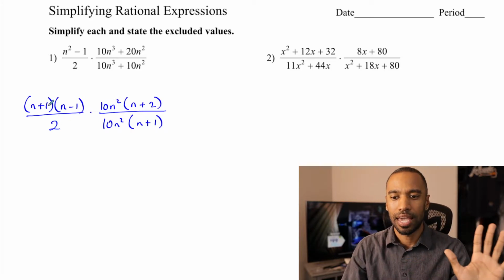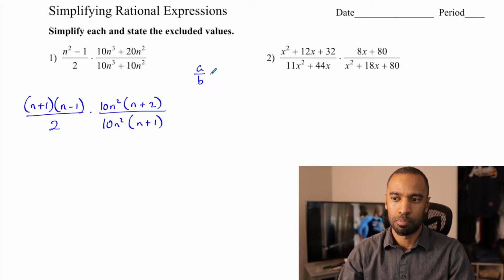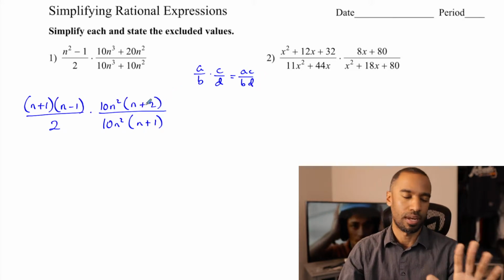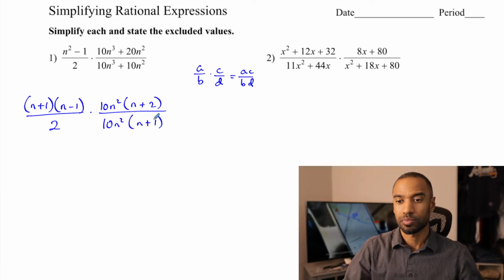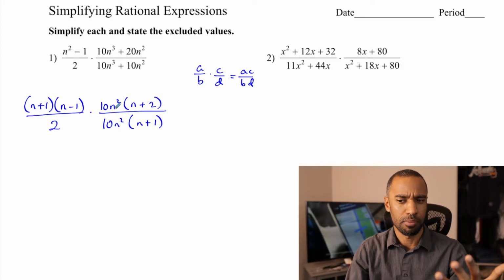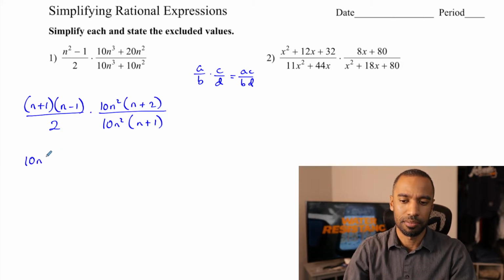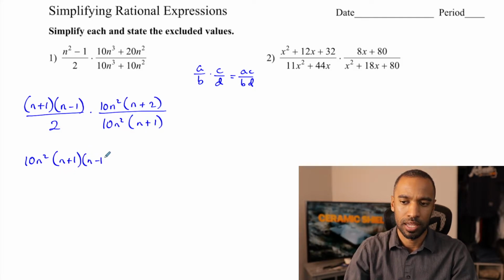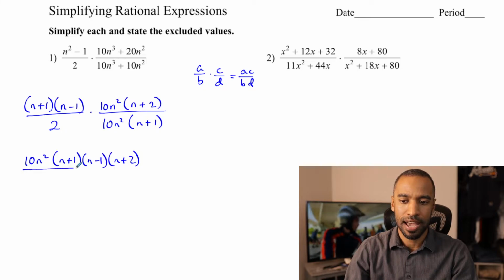again, when you multiply fractions, guys, if I have some a over b times c over d, that's the same thing as a times c over b times d. It really can all be written as one fraction. So I'm going to rewrite all this as one fraction. Whenever I have something that's more of a term, I like to write it in front. So I'm going to put the 10n squared in front, and then I'll put the n plus 1, n minus 1, and n plus 2. They're all together in the numerator, divided by